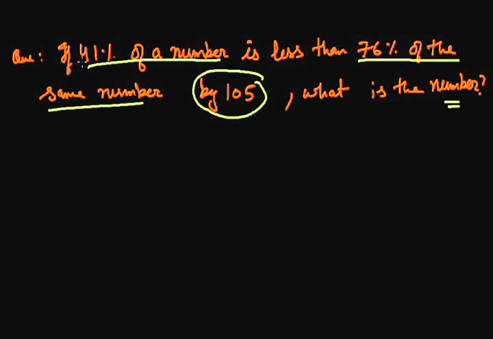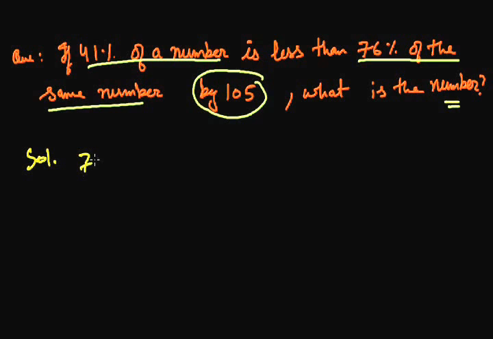तो see, it is clearly given that कि अगर हम 76% निकालें किसी एक नंबर का और उसी नंबर का हम 41% निकालें तो उन दोनों का डिफरेंस कितना होगा, यानी कि उन दोनों में कितना अंतर है, 105 का. सो वी कैन राइट सिंपली इट इन मैथमेटिकल फॉर्म एज